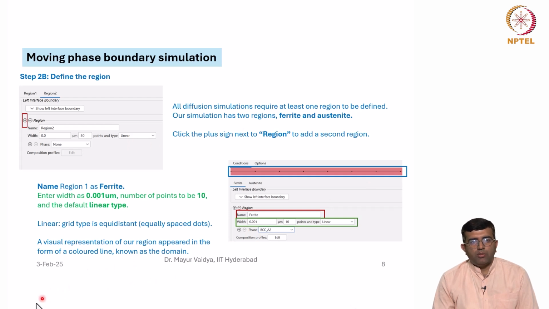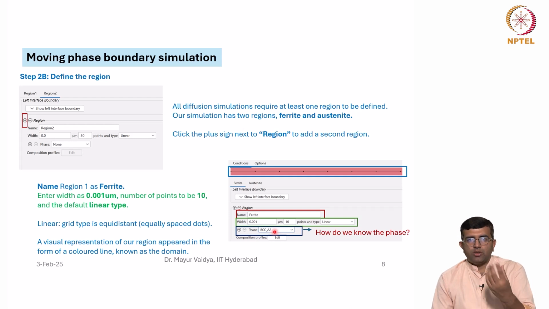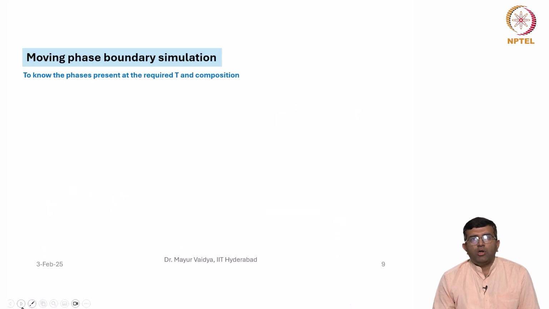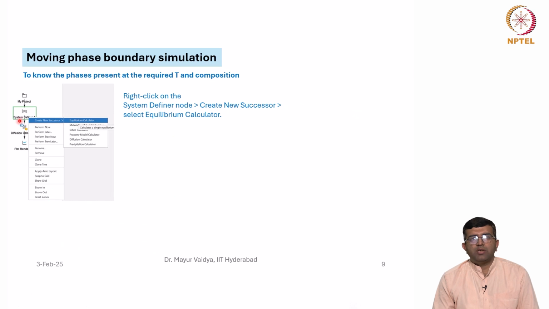Now you can further add. But before adding another, we also need to know what phase this is. Here we are selecting BCC A2 phase, since in this system you may be aware that BCC phase is to be considered here. But if you do not have an idea, how do you know this phase? For that, right click on the system, define a node, create new successor, and go to the equilibrium calculator. At the temperature, concentration and composition, you can see what phases are at